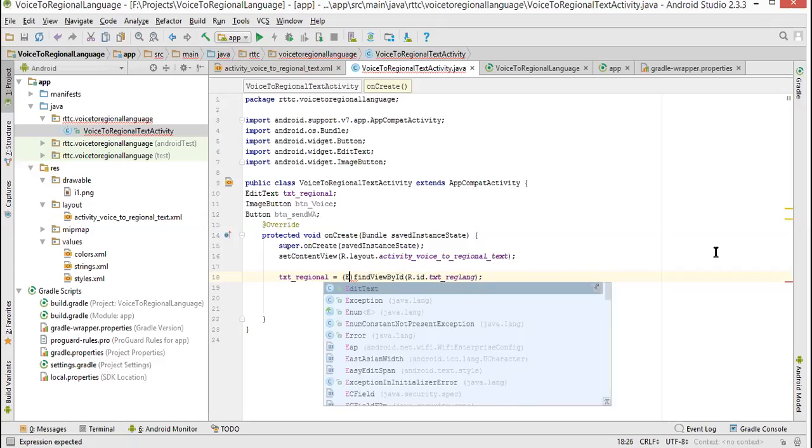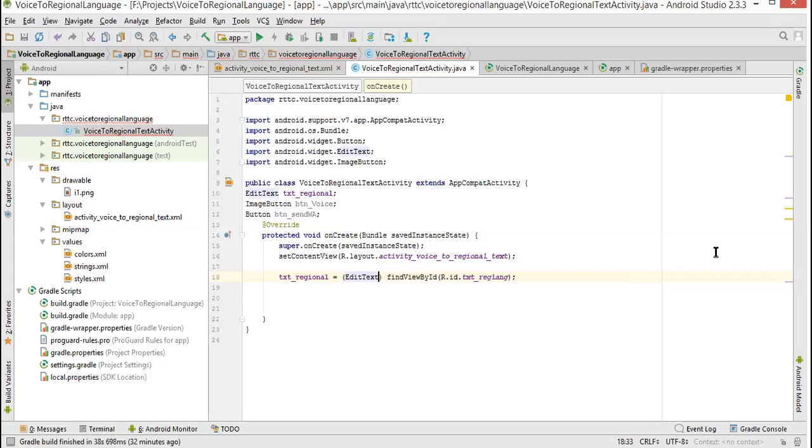Typecast it using the particular class. Now your view is converted into edit text, and that is fed into the Java text box. On the Java text box, now you can manipulate it, get the text from it, do something like that.